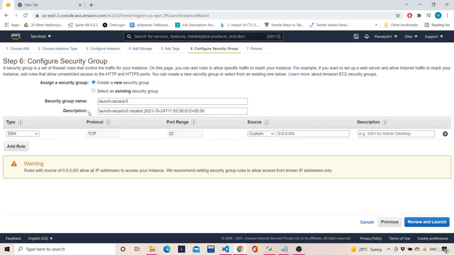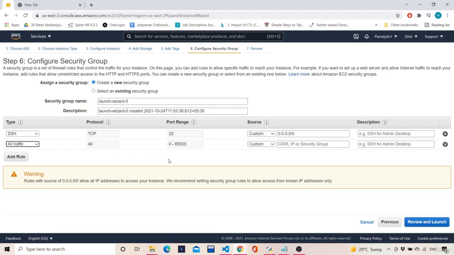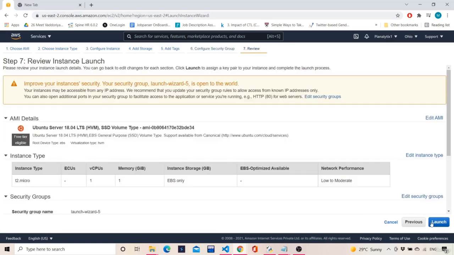As I said over there, when you want to display your website to everyone on the web, you have to make sure that you give a public IPv4 address. Over here, this is the encryption algorithm, SSH and all. Just don't do anything to this part, but you can add a rule over here, and select all traffic. From custom, you select anywhere, and that is all. Don't do anything else. Then go to review and launch.